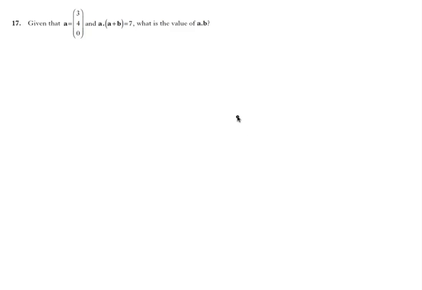So this is question 17, Higher Paper 1 2012. We have a dot product of two vectors. One of the vectors is A, the other vector is A plus B. Now the dot product,